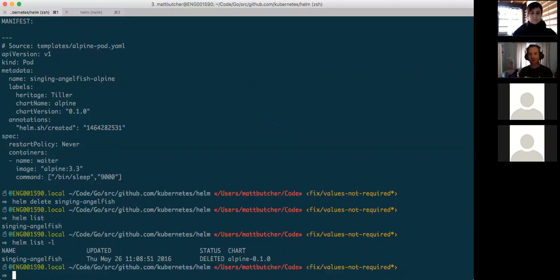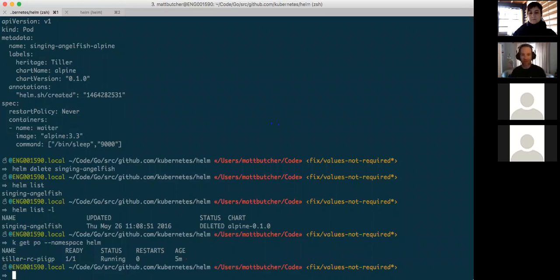This is the kind of stuff we're planning on for the future. But the idea is we want to track some very minimal state inside of Tiller so that when something gets deleted, we can see that it was deleted. Because if we go look at the pods, we're not going to see the deleted pods in there, right? So we'll probably add some flags and a little bit of sugar around it so it's easier for you to say, I want to see deleted or I don't want to see deleted, but that's the basic idea.